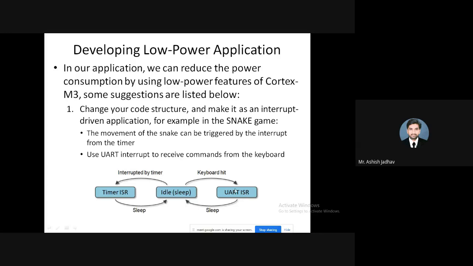If you press right button, this UART ISR will move the snake on the right hand side. After doing that, again the processor will go in a sleep mode. Right? So this is how the snake game is developed. This is how the snake game was designed. So this is the main design algorithm, you can say.